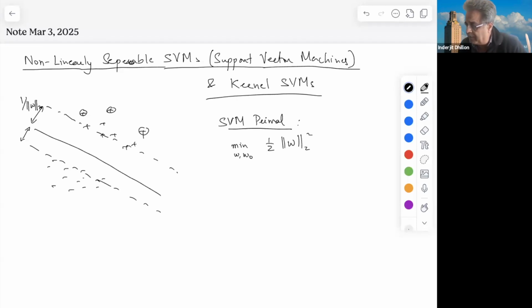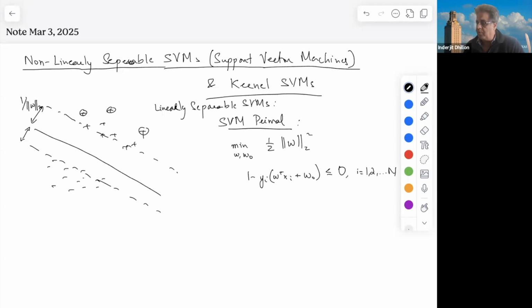I'm still talking about linearly separable SVMs in the beginning. All the points should be on either side of the margin, so I have this inequality,